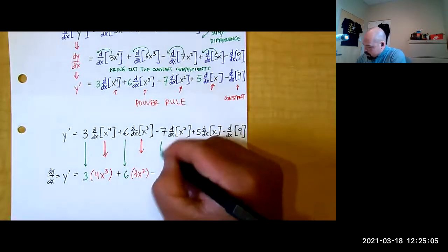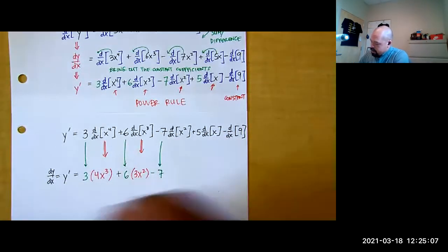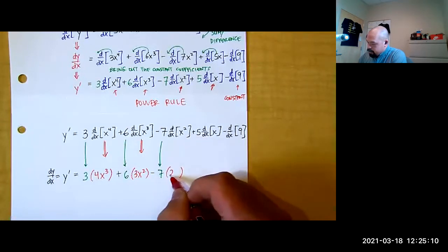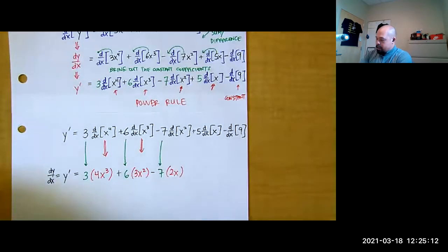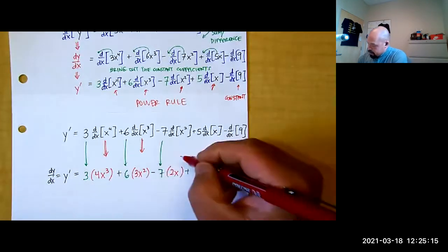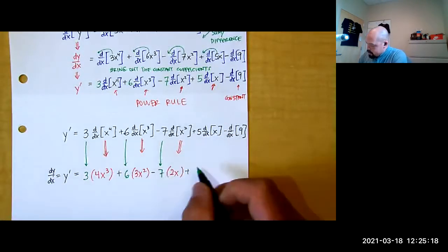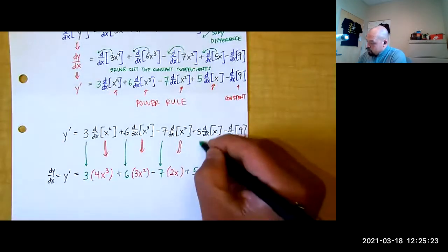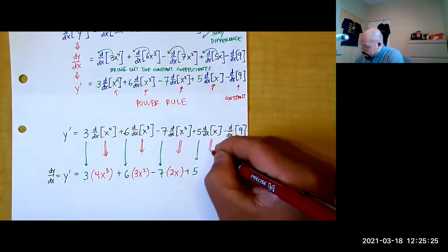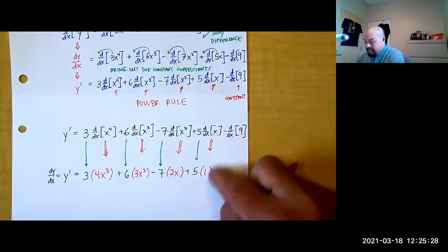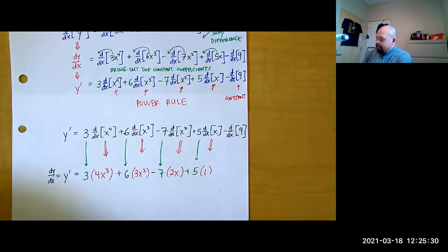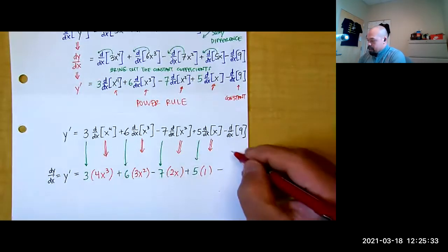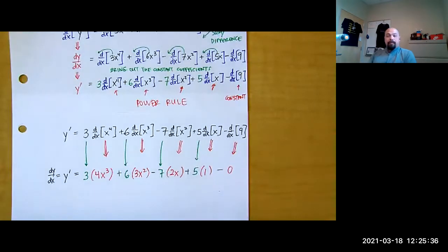Minus 7, derivative of x squared, to x to the first, plus that 5 coming down. Derivative of x to the first is just 1, that linear term. Finally, minus, and now the derivative of that constant is 0. Okay. So now finally,